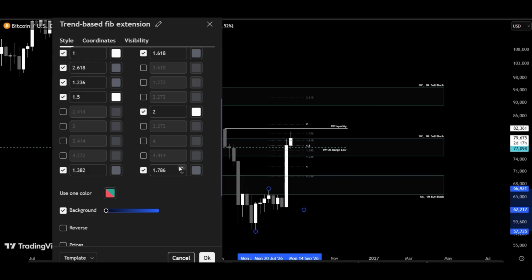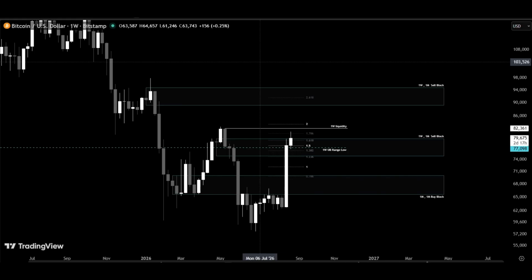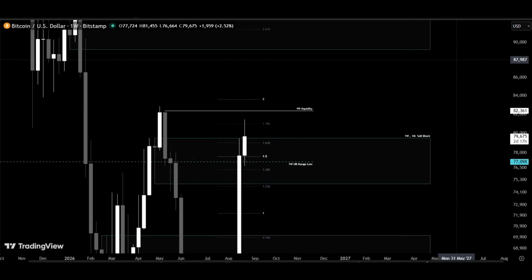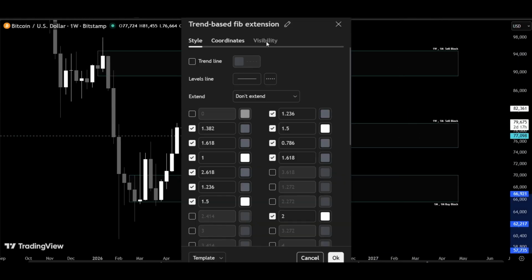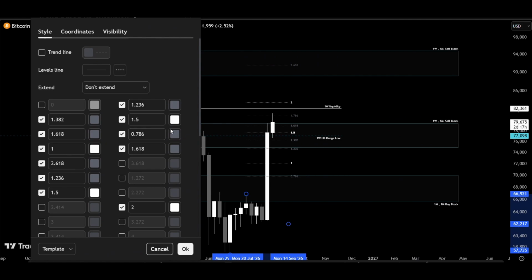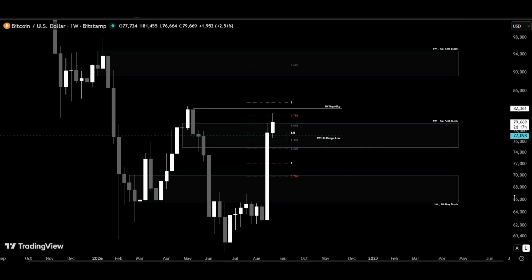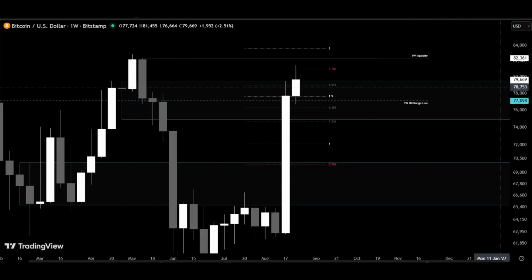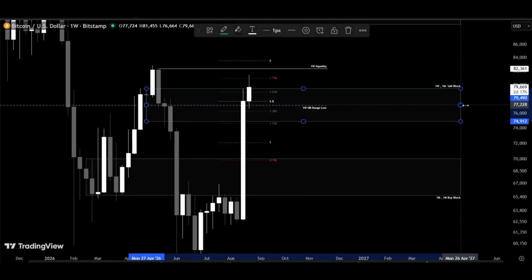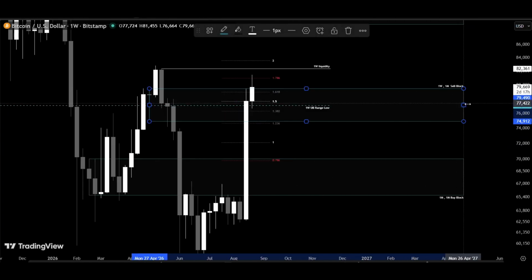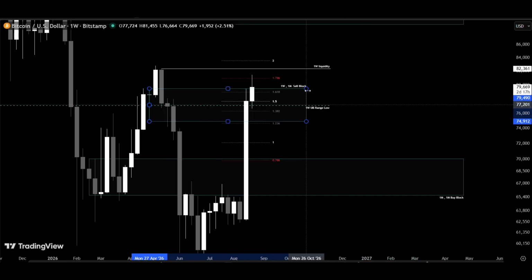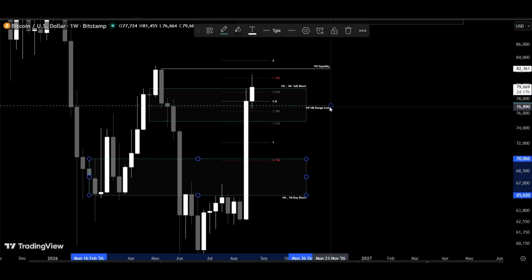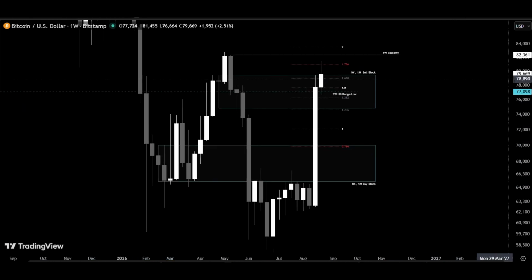As you can see, the price is currently at the 1.786 Fibonacci extension. What does that mean? Geometrically, it means that the movement has not simply completed the original range, it has expanded significantly beyond it. We can see 1.786 as a point where the process has already transitioned from retracement to significant expansion. In terms of this process, the price didn't simply return to measure the structure, it used that structure as